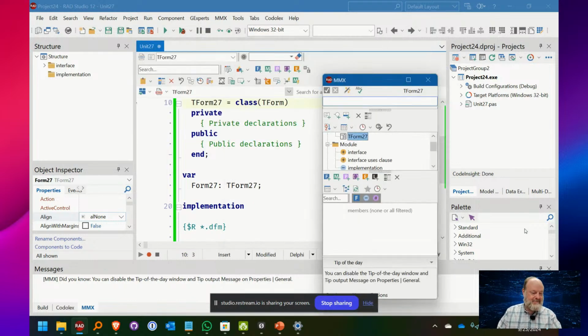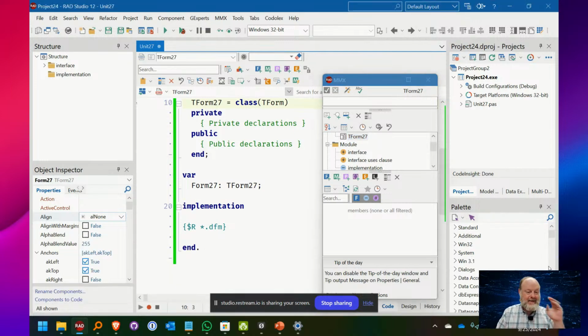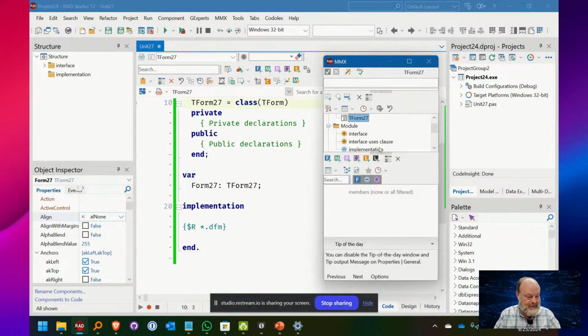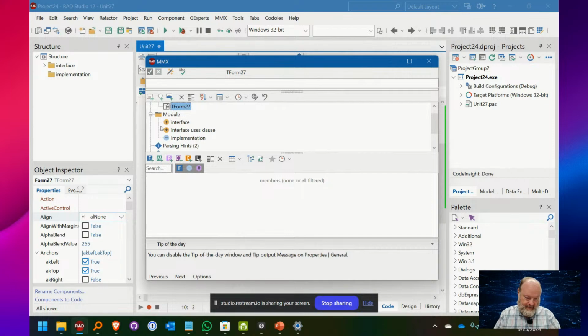So yeah, this is the main interface, and you get these tabs up here along the top, but you really need to come into the Code Explorer window, and that's your main window. And you can come in here and there are different layout options as well.